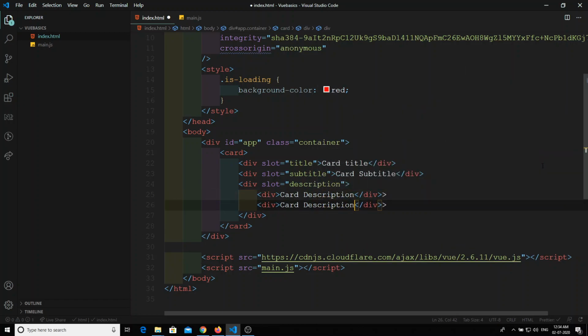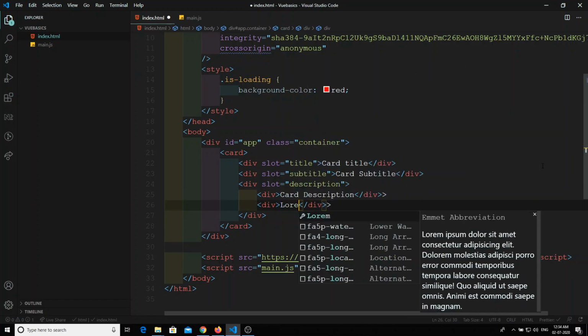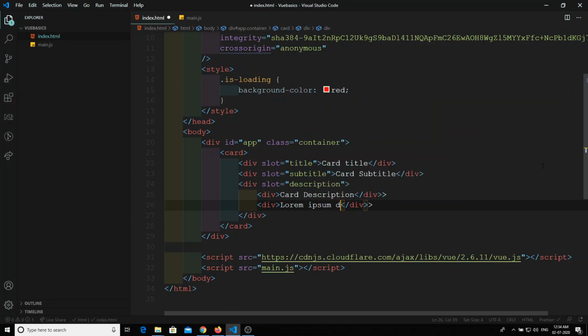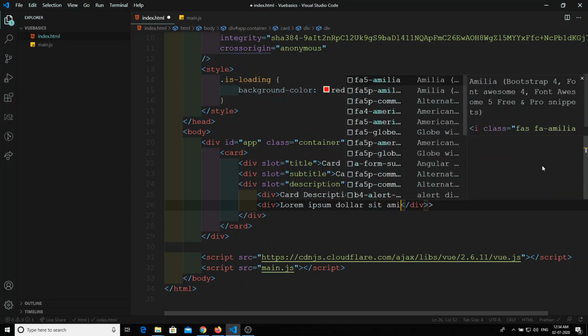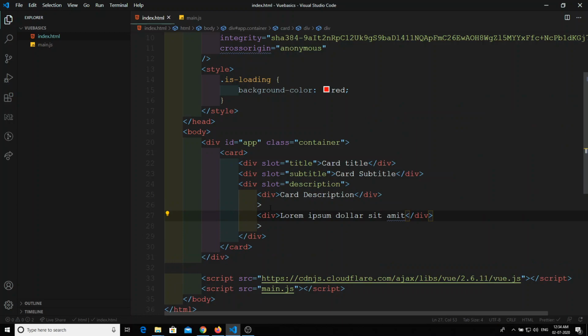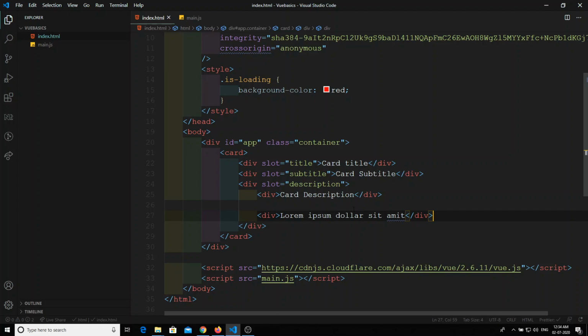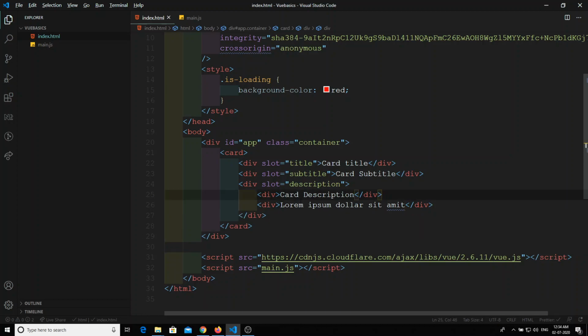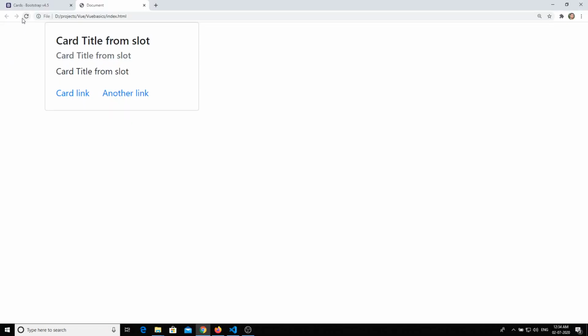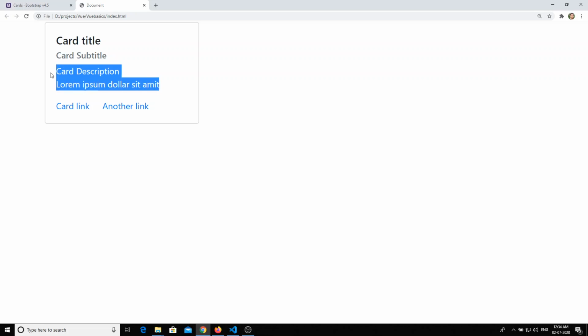And another div I will take and write lorem ipsum sit amet. I will take another div, so I can remove this markup. Okay, fine, done. Now if I go and refresh the output, what could be the behavior? See, card title, card subtitle, card description, and the description I have given in the slots.